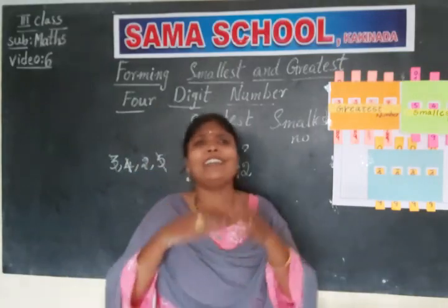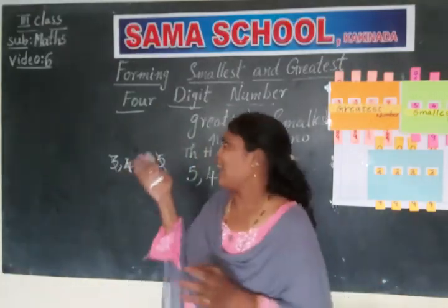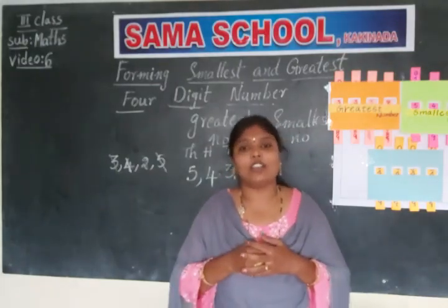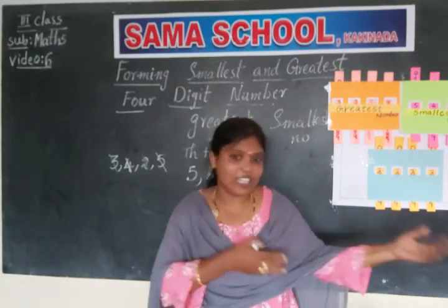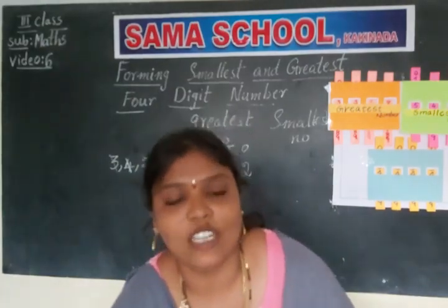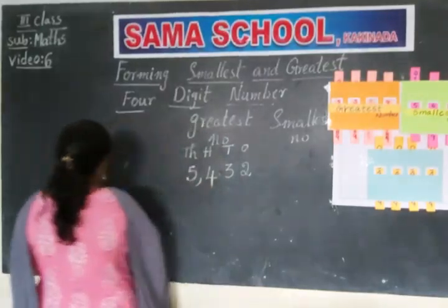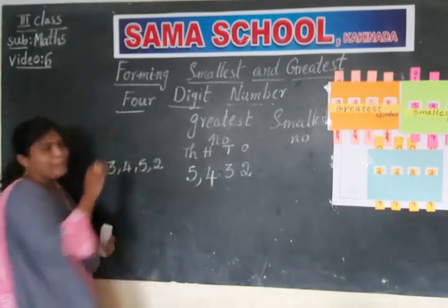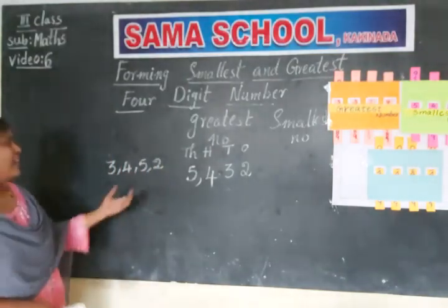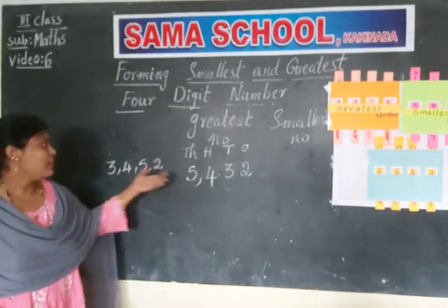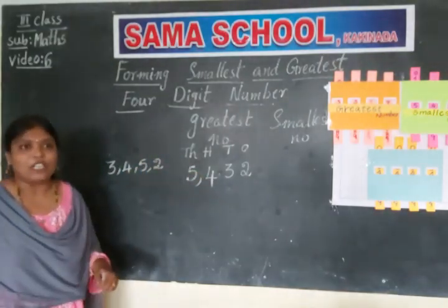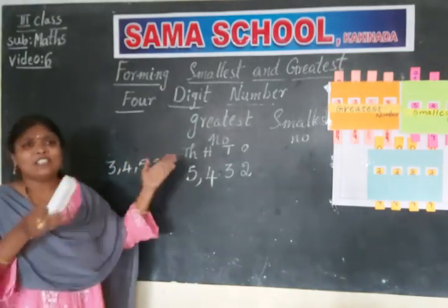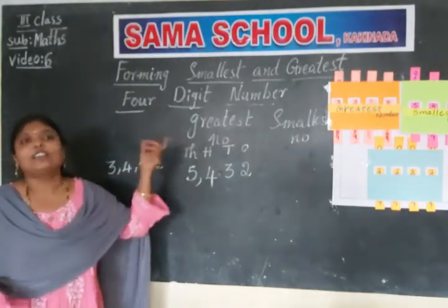Children, to understand it more easily, it is nothing but writing the given digits in descending order. What is descending order? We have learned descending order in our previous class. Come on, tell me. It is to write the numbers from biggest to smallest. So indeed, we have arranged the numbers here from the biggest to smallest. So if you learn how to write the greatest number, just the opposite of this gives you the smallest number.